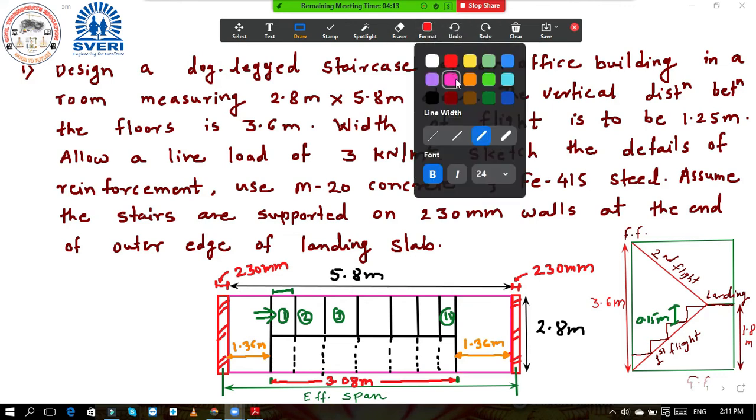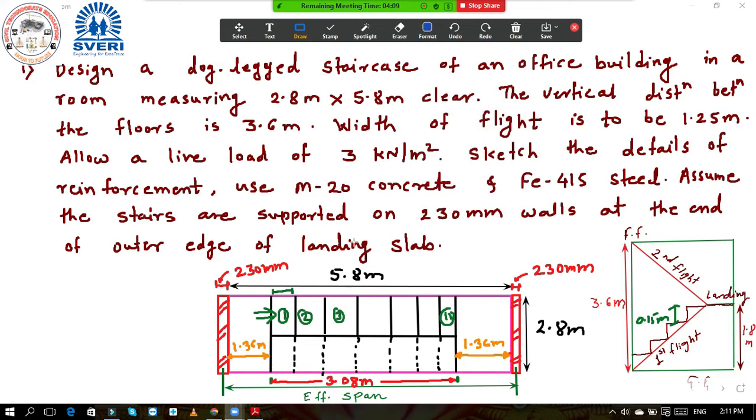Okay, I will choose a different color so that you can distinguish. So instead of this red support which I have shown over here, if this landing is supported like this, from this side, that is from the transverse direction, then in this case we are going to use that formula S plus X plus Y. So this is the transverse direction of the support. This is not in the same direction as the slab is spanning and your going length is there.